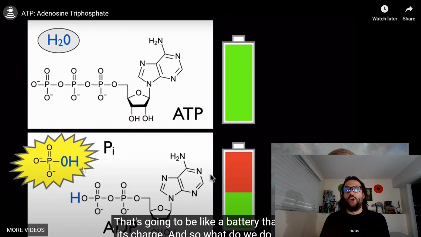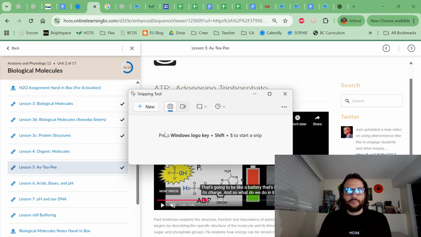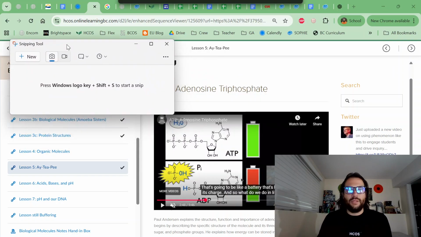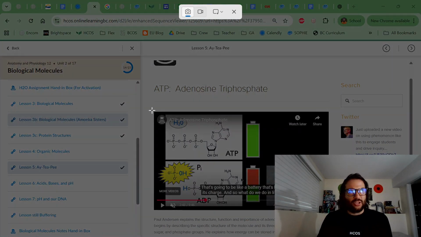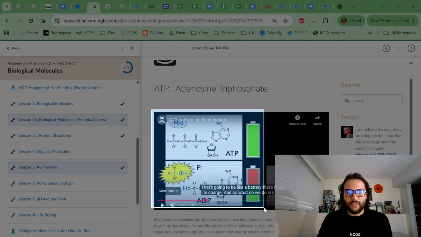This would be a really, really awesome piece of visual content. Okay, so I'm going to exit out of full screen. And if you are taking notes online, I really recommend for PCs to use an app called the Snipping Tool. And if you have a Mac, there's one that's even better called Sketch, or Sketch, one of those. Anyway,